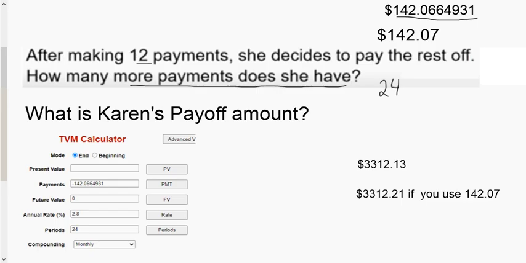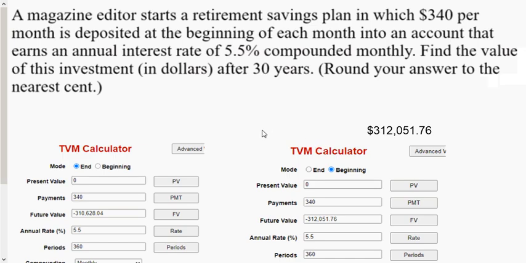I've got 3 more examples here that I'm just going to show you the numbers that I put in, and then we'll take a look at them. A magazine editor starts a retirement savings plan and puts $340 per month deposited at the beginning of the month, right? And that's key because it's beginning of the month, into an account that earns 5.5% compounded monthly. So these are the numbers that we're interested in. Find the value after 30 years. Okay. Well, you can see that the answer comes out to be this: